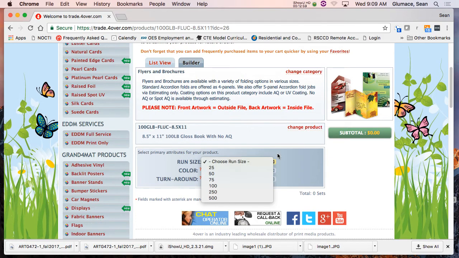And now we need to talk about, they can only do 500. So what does this tell me? Anyone know? Low press run? Oh boy, you guys are going to get a whole bunch of stuff thrown at you today. Sorry. This means it's digital. That tells me right away this is a digital print.